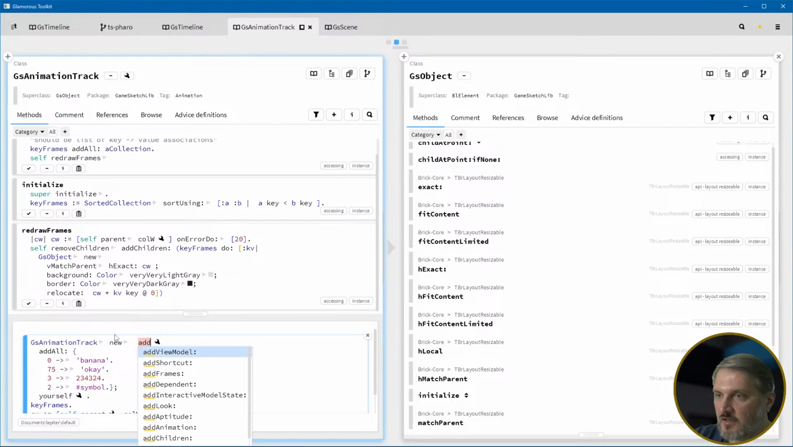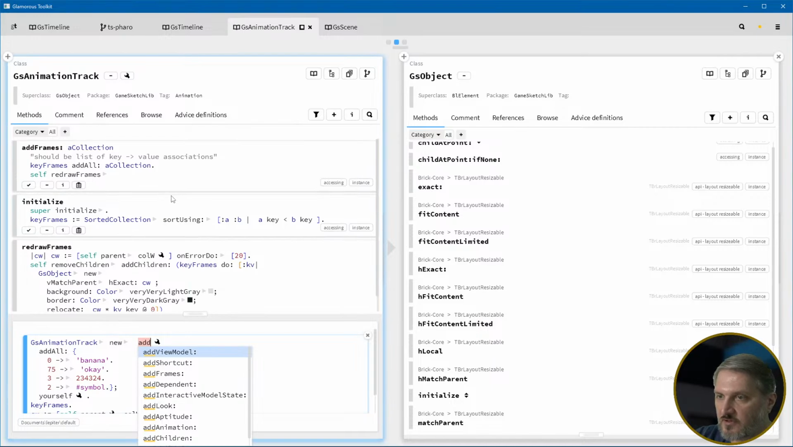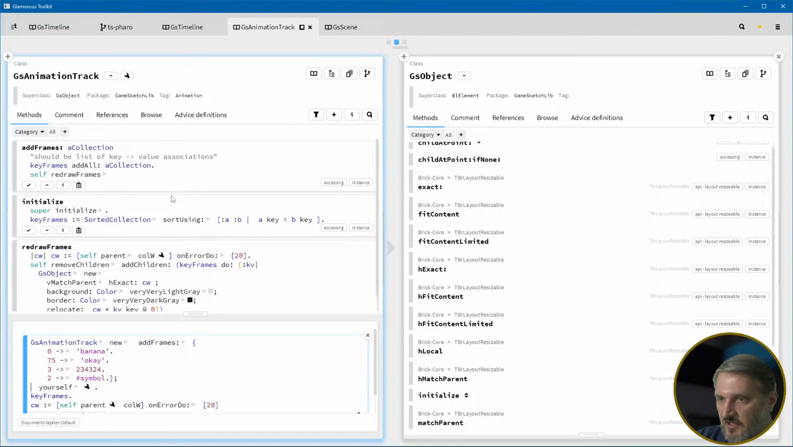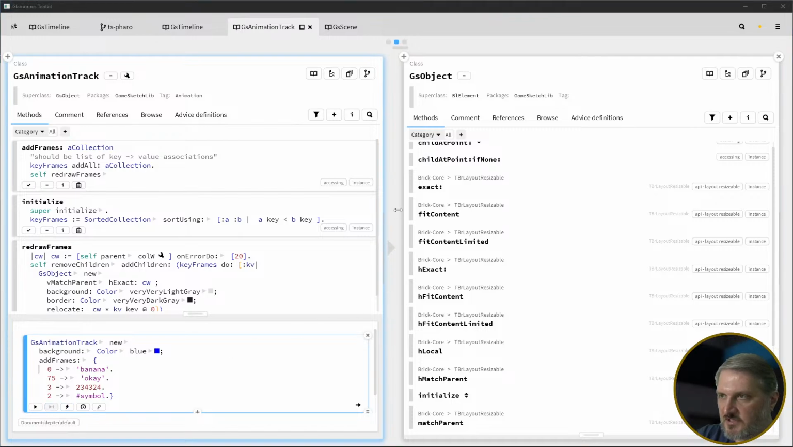Add frames. And that's these frames right here. We don't do anything with the value yet, so this is totally fine. And then this should just run, and because it redraws frames, we can say new, we'll say background blue, color blue, add frames, this. So I think if I run this, that should give me a